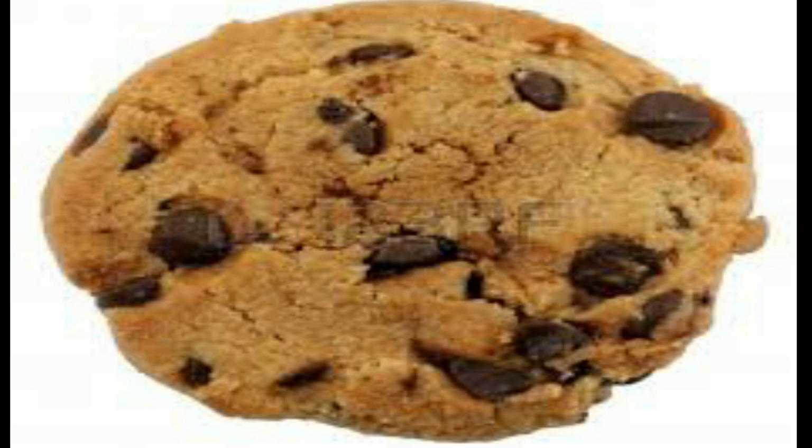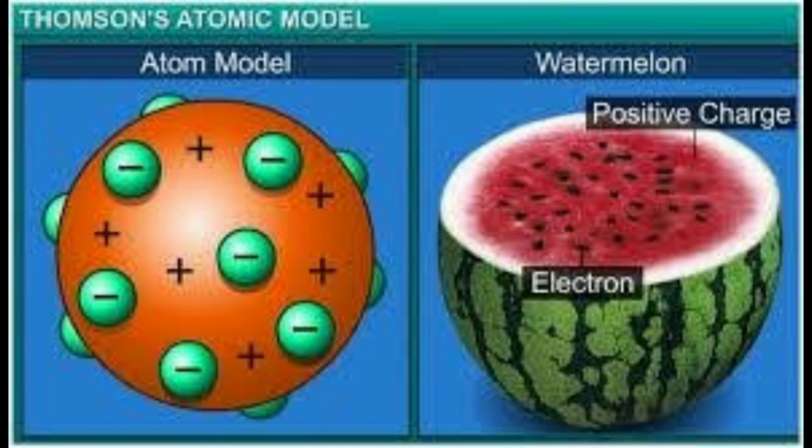For the different pictures, we can show different similar images. If you say a basket where the raisins are there, then the raisins you can consider as plums, that is the electrons, and the remaining portion is the pudding portion. Or else the watermelon is represented. Black seeds mean electrons, and the red flesh in the watermelon is the protons. So J.J. Thomson thought the protons are dispersed throughout the atom and electrons are in between. It was his idea. But he also did not say how exactly the atom is, whether spherical, cuboidal or cylindrical.